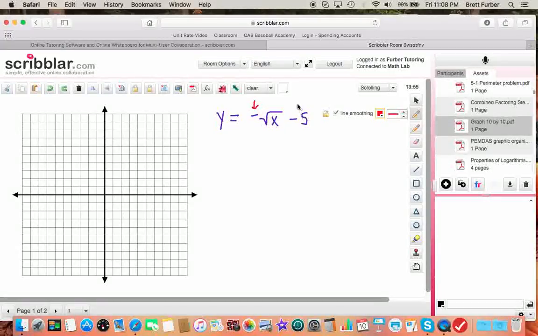It's a reflection, and there is a vertical shift down 5, okay? Actually, let me make it something a little smaller so it doesn't go off the graph. We'll do 3, okay? So what I'm going to do first, and this might make it easier, is rather than taking the original points, again, these are the original points,